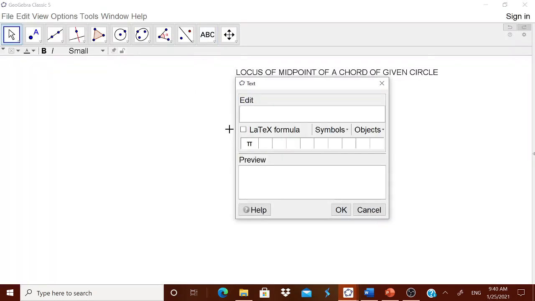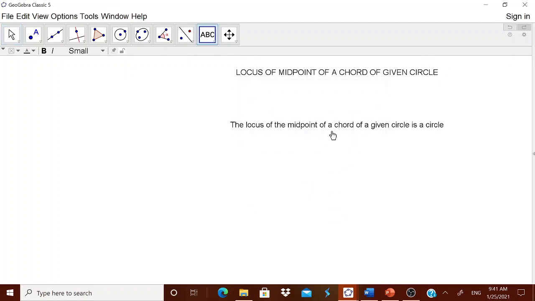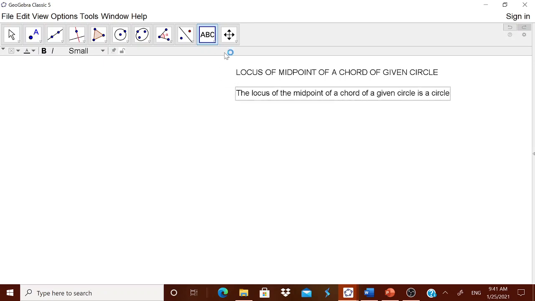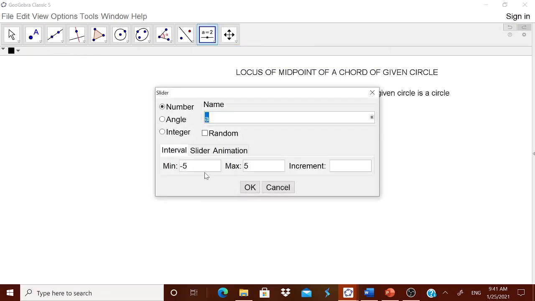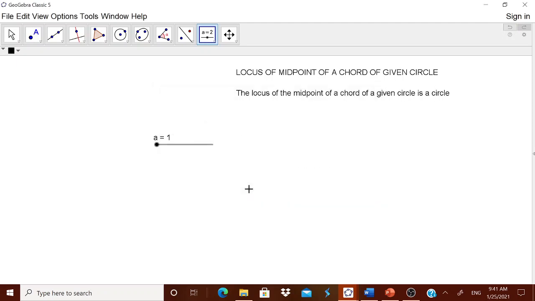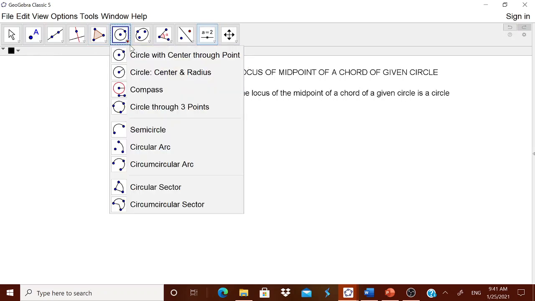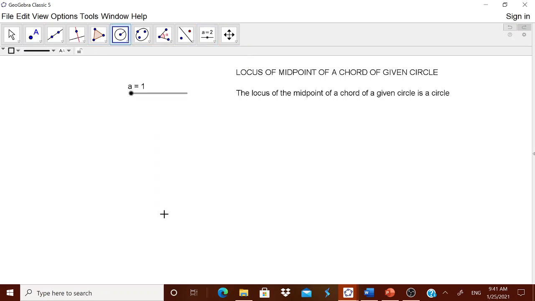Now your child can think why it is actually happening, how it is happening. The child has to think. Now there is no need to have different circles, but if you want, you can have a slider from 1 to 10 with increment 1, so that you can show the children different circles with different radii. Let me take a circle with center and radius.